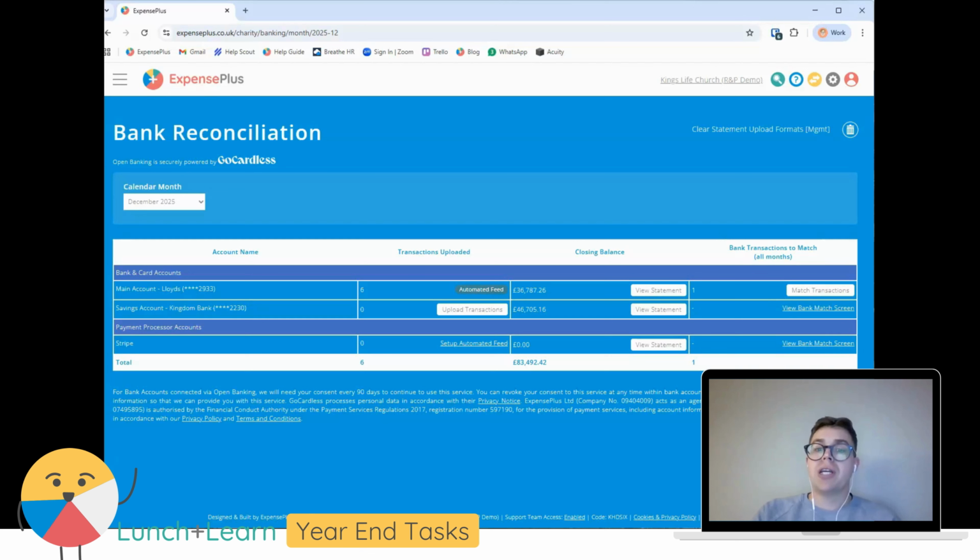Next, you need to check that all transactions for the year have been reconciled. If you have a payment processor accounts where transactions are uploaded retrospectively, then it's worth waiting a couple of weeks after your year end to create your accounts, just to ensure you don't miss any income or expenditure for the prior year. So I can see that I haven't got any transactions to match in my Stripe account,